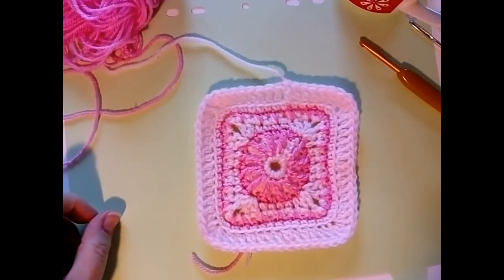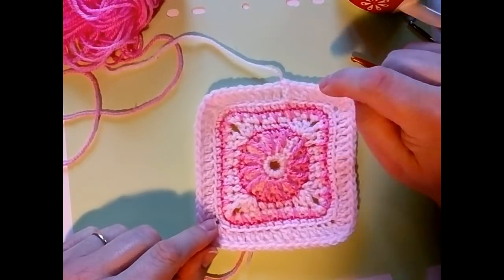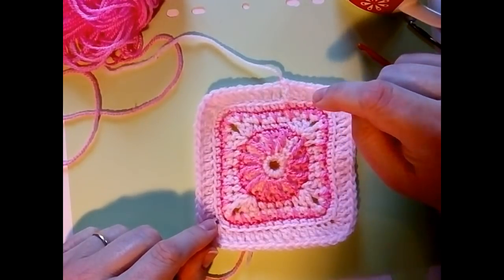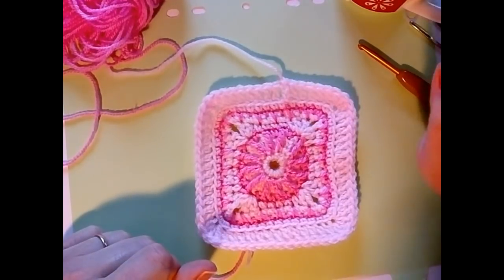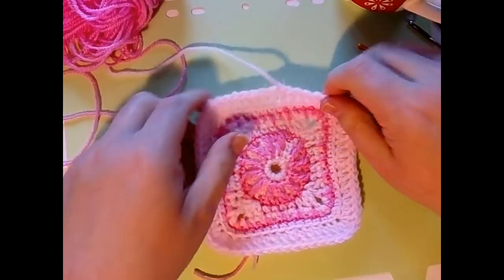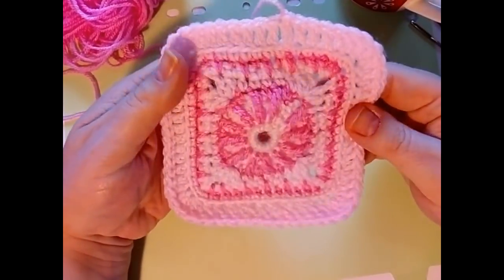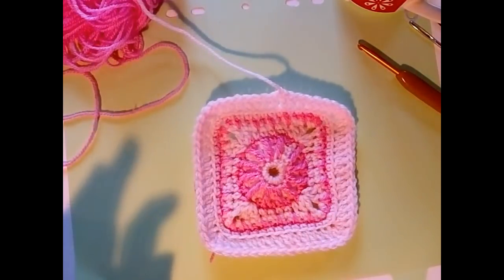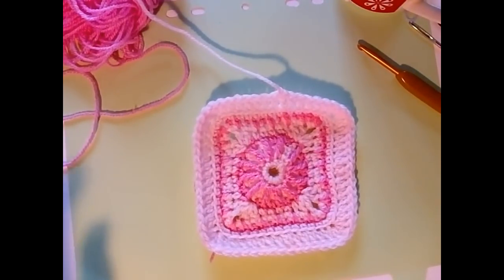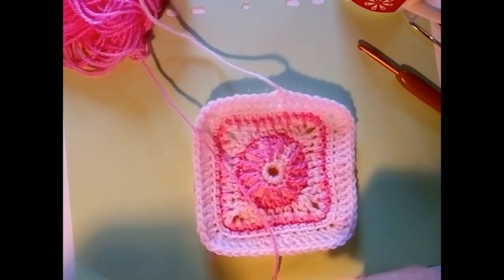And here we go. Finally, time to fasten off colour A, colour 1. Finally time to fasten that off, because we are on our last round, round 9, and how lovely is this looking? Okay, so I fastened off this, and I'm going to join my other colour into the same stitch that